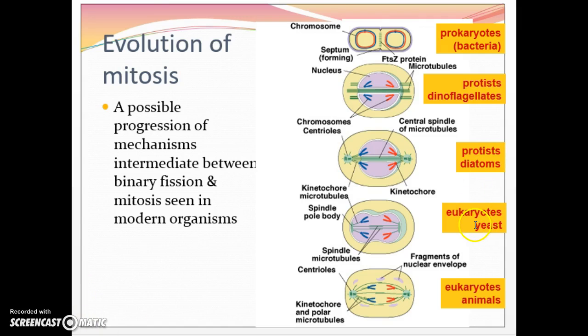Now yeasts are very simple eukaryotic cells, and they still have a nuclear envelope that remains intact. And they have spindle microtubules that form